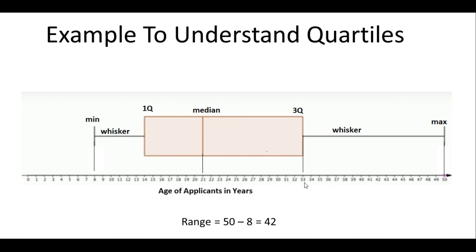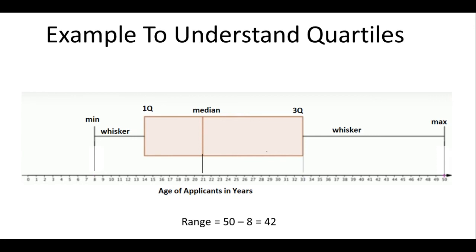And again, out of those people who are between the average age and maximum age, the average age of those people is 33, right? Although we have a very high value here, 50, this is how the data is distributed. So the third quartile value is at 33, the median value is at 21, and the first quartile value is at 14,